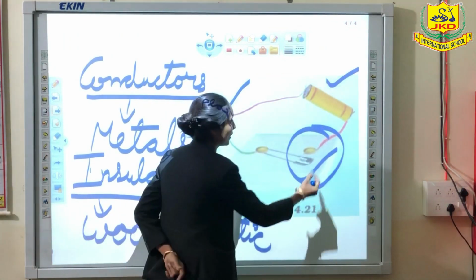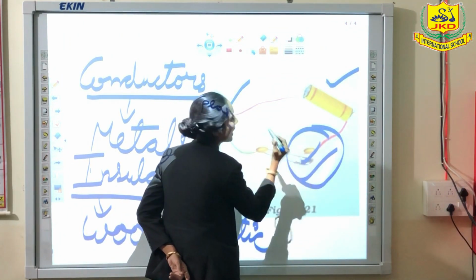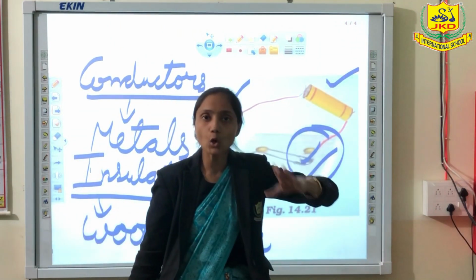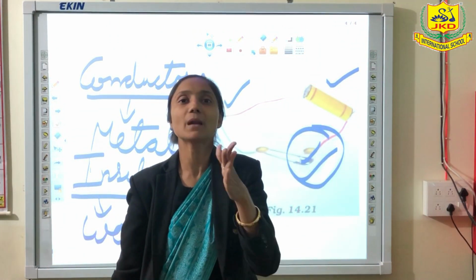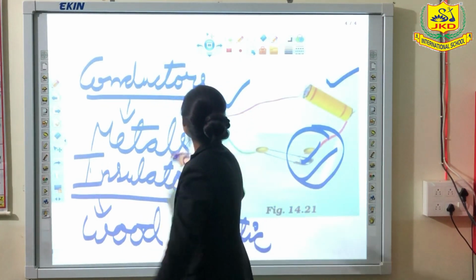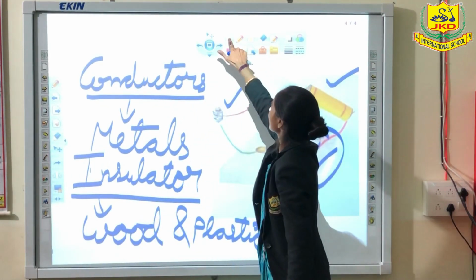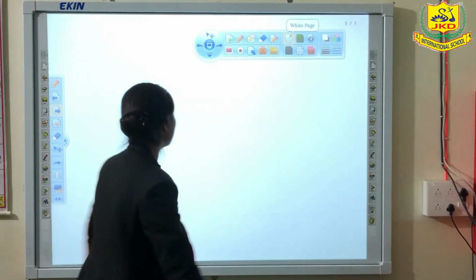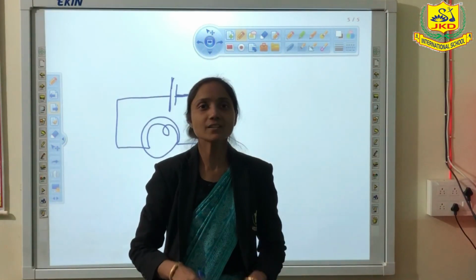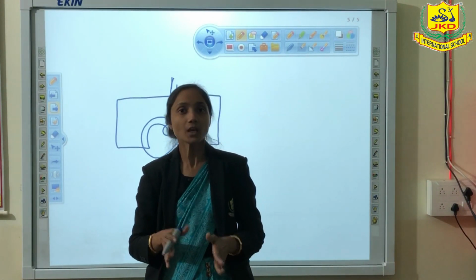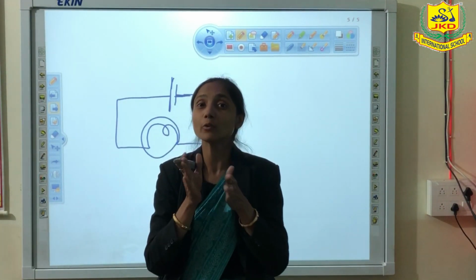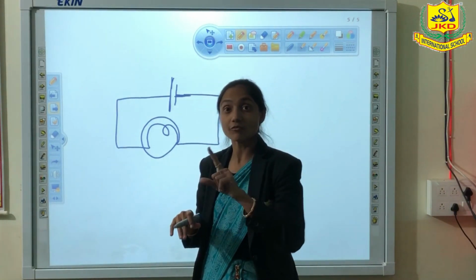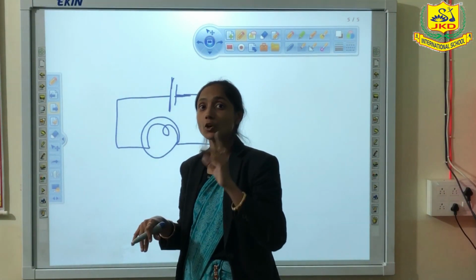If we adjoin this wire with this safety pin here, then the bulb will glow. If it doesn't adjoin, the bulb will not glow. So let us take our new page so that you can get a clear idea of how a circuit has to be made. Let us see a simple circuit so that you will understand how you have to connect a battery to a bulb in a circuit which is already present in your textbooks.